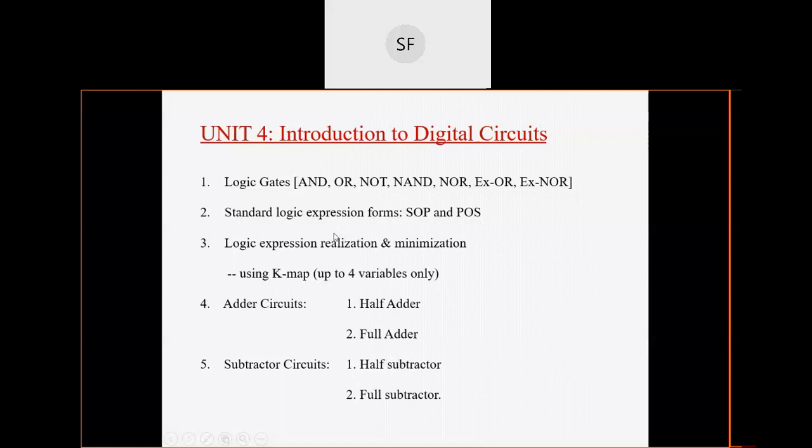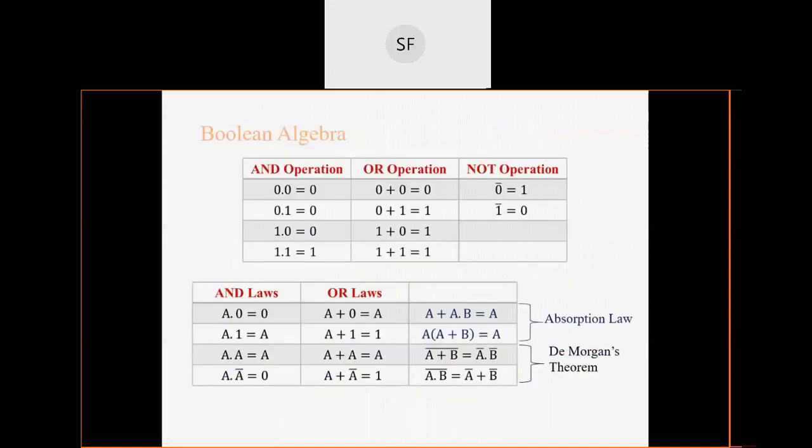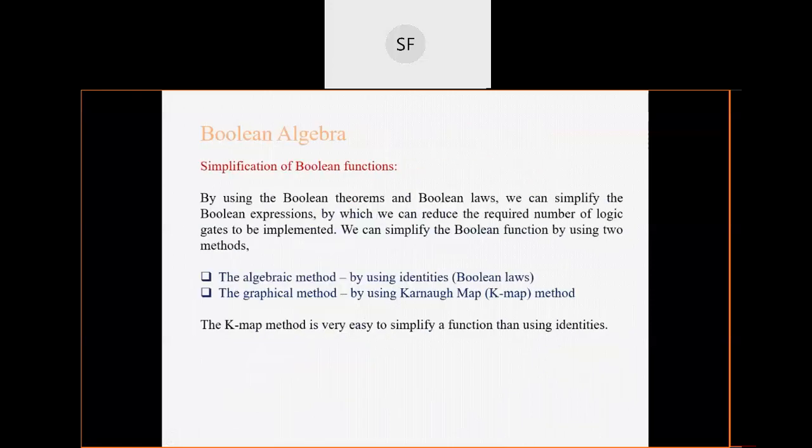Afterwards we will see these many contents. These are the contents of unit number 4. At the start, we discussed something related to Boolean algebra. Then we found that simplification of a Boolean function is important. It can be done by two methods, algebraic and graphical. The graphical method, that is using the Karnaugh map, is in your syllabus. To approach that, these are the basic rules: you should know the sum of product, standard sum of product form, and standard product of sum form, in order to learn the K map.